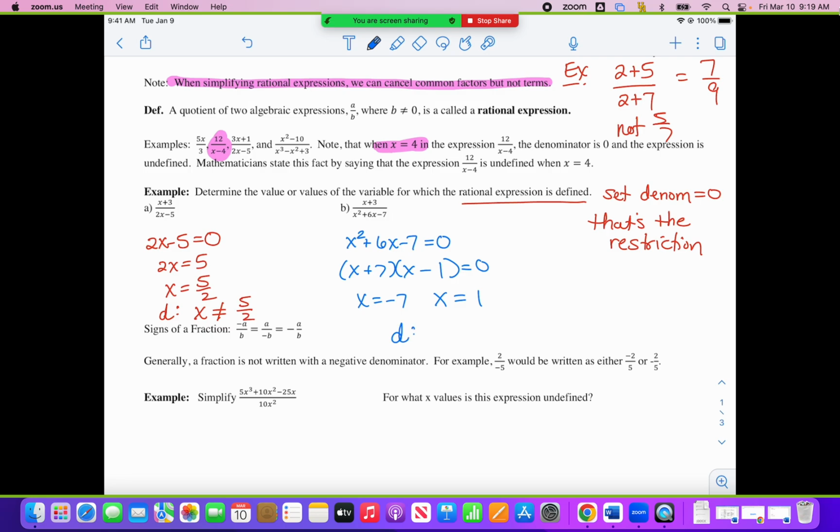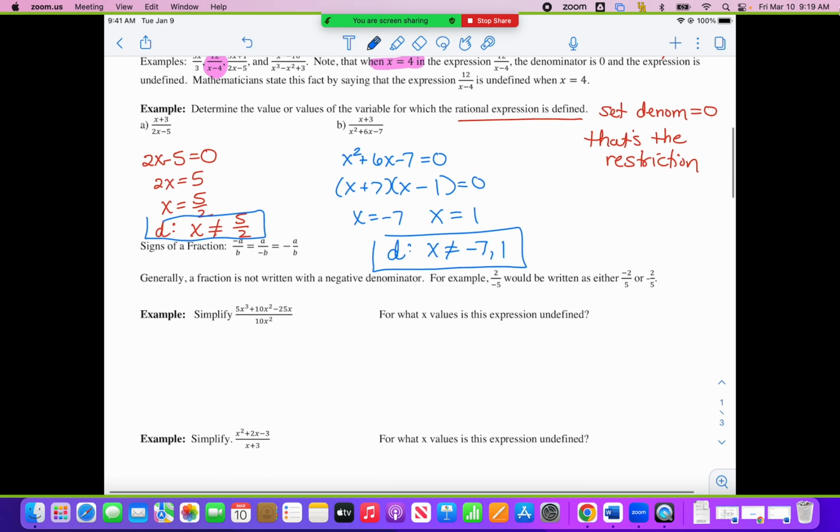So here's what we're going to write. These are the restrictions. These are the values. And so when we write it like this, it's saying all real numbers except these two numbers. All right, and I do think you're going to see, oh, this is why she's doing it. This is a fairly simple lesson and easy enough for us to do right before break